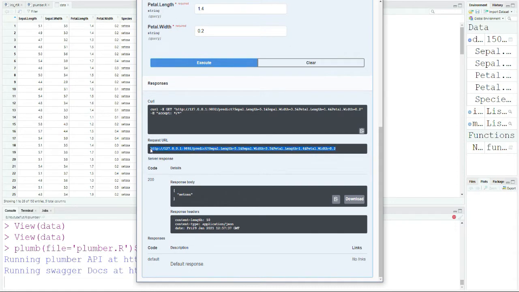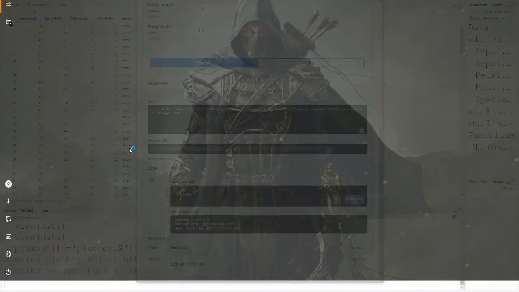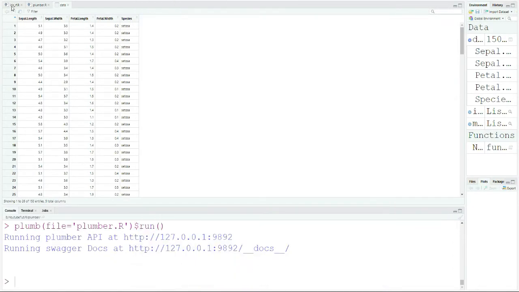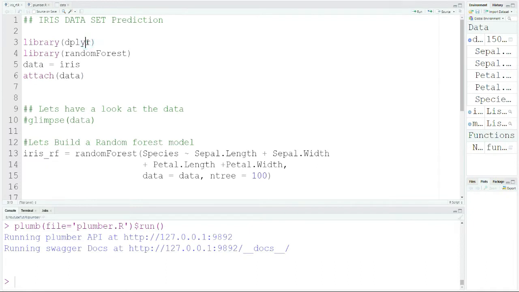So this is basically an overview, and if you want to test it out in your browser, you can take this URL and go to your browser. Let me just show you. You can see that it has predicted that this is Setosa. So you can use this API and deploy it, and you can merge it with your C#, Java or Python or whatever code you want to do.